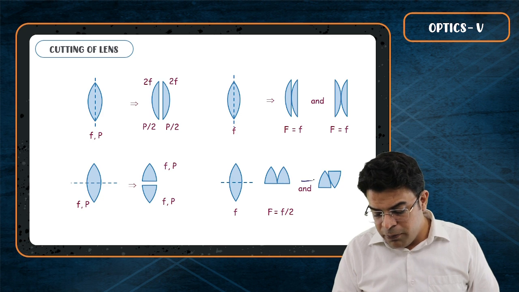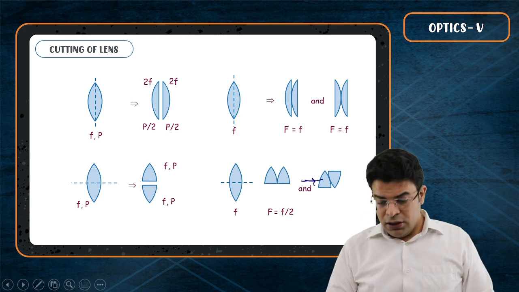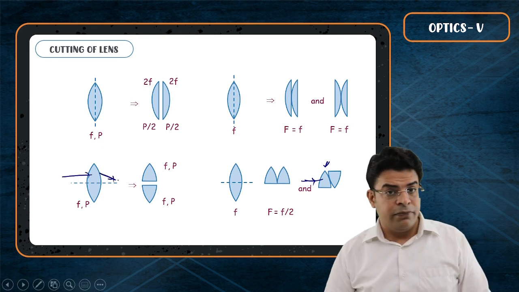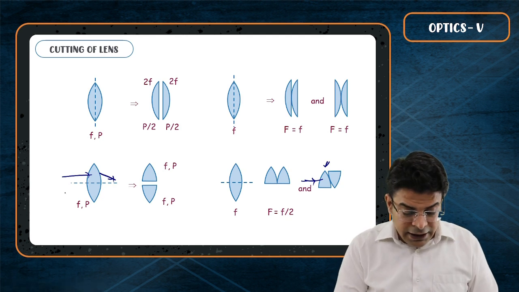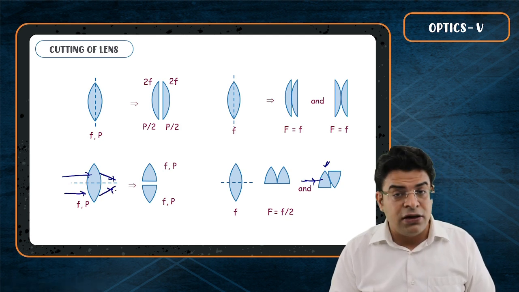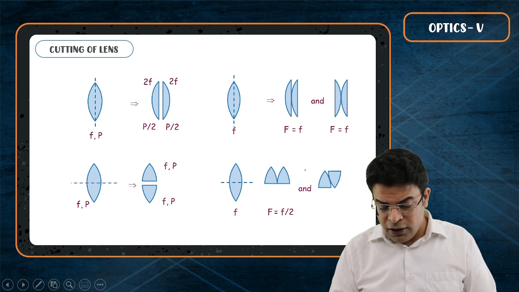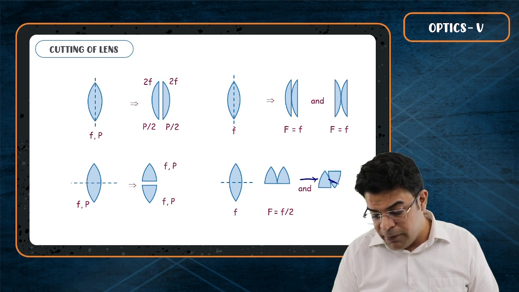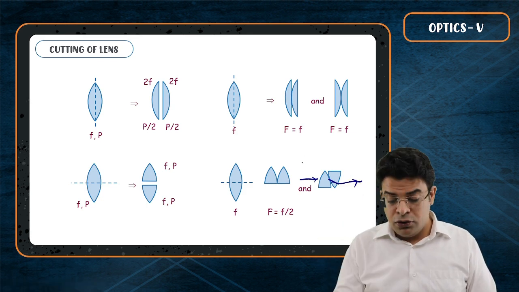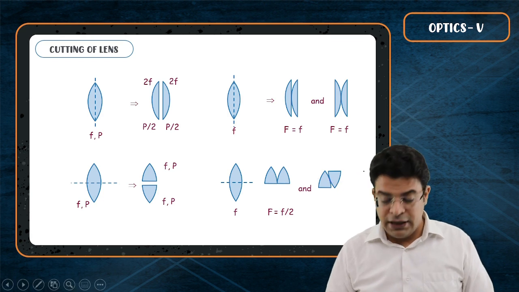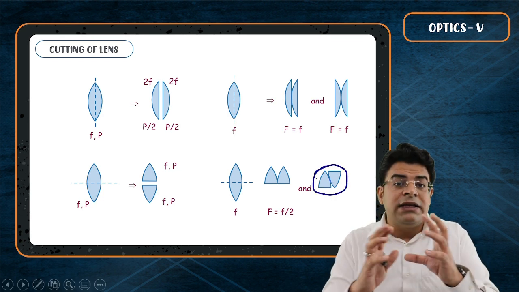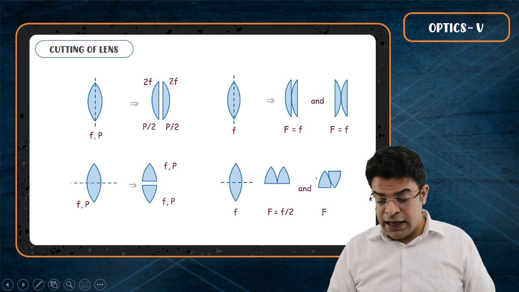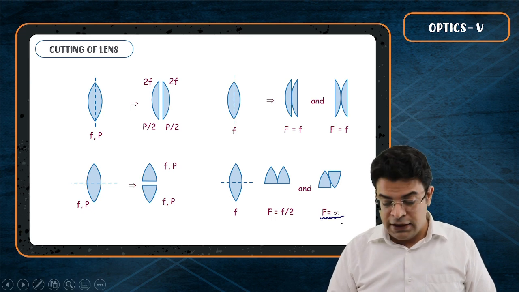Think of a ray hitting here. This upper part of the original lens sends it towards the optical axis. And if a parallel ray hits the lower part, it sends it towards the optical axis. So if a parallel ray hits here, the upper part will send it down and the lower part will send it up, making it go parallel to the original ray. Hence you say, if kept this way, the two lenses nullify each other's effect. So the effective power becomes 0, and as the effective power becomes 0, the effective focal length becomes infinity.